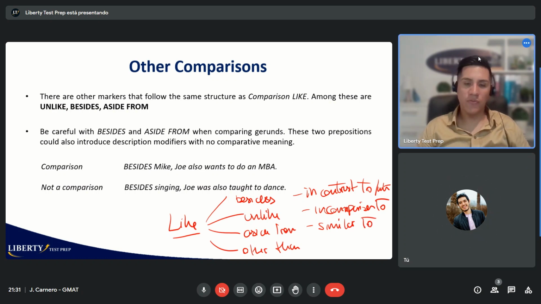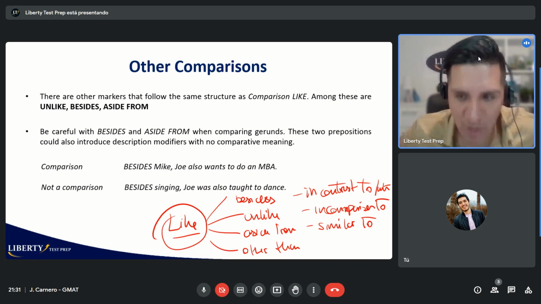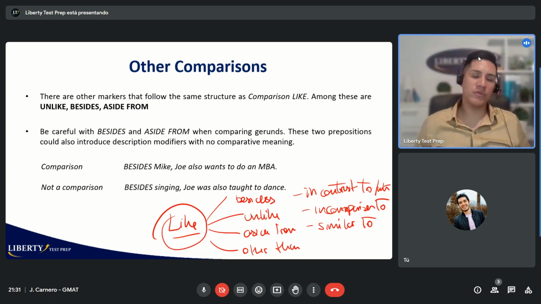Okay, so those will follow the same theory as like. You have to have a noun, and then you're comparing it to another noun. Then they say